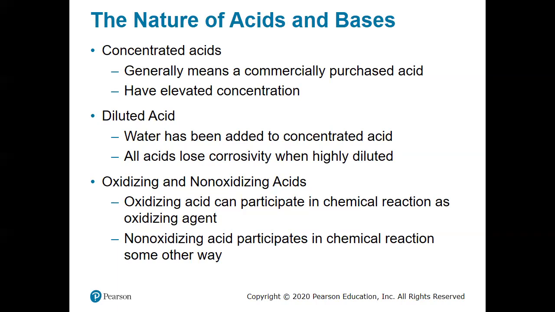In addition to describing acids based upon their type, again, mineral versus organic, we can also classify acids based upon their concentration. So a concentrated acid is generally high in concentration, and this is usually how you get the acid from a commercial grade dealer. So for example, up in our laboratory,